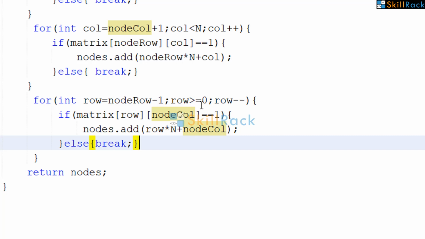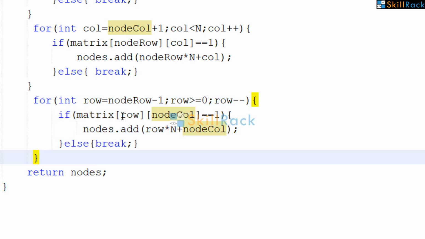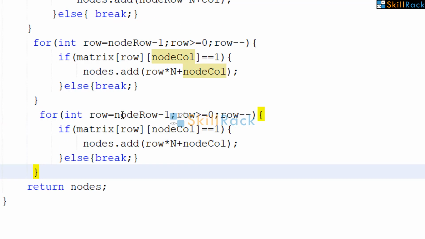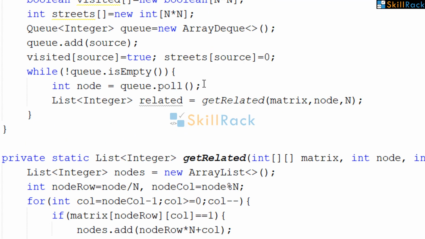And then we continue as long as row is greater than or equal to 0. We are checking if it is 1 and then adding it. Whenever a 0 comes, we break. So let us do the same for the bottom cells. So now we are done with this code. At the end, whatever nodes were added will be returned as a list.